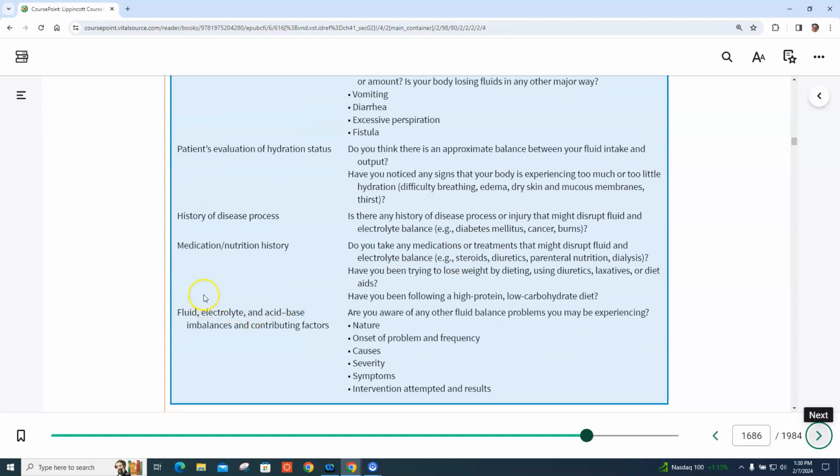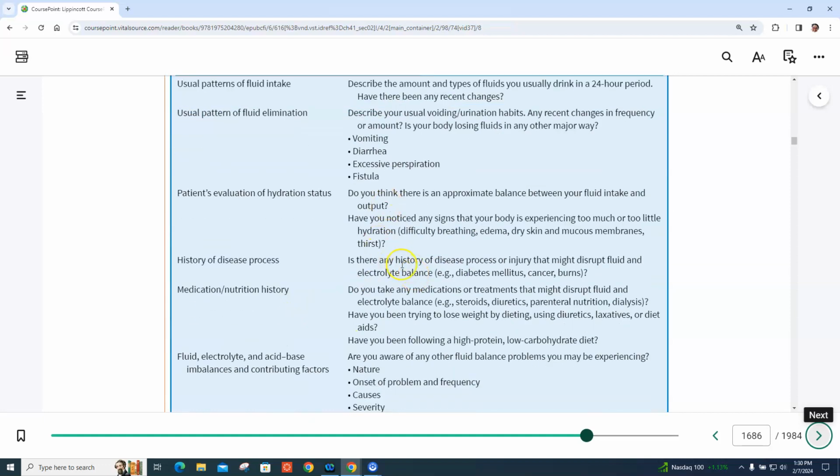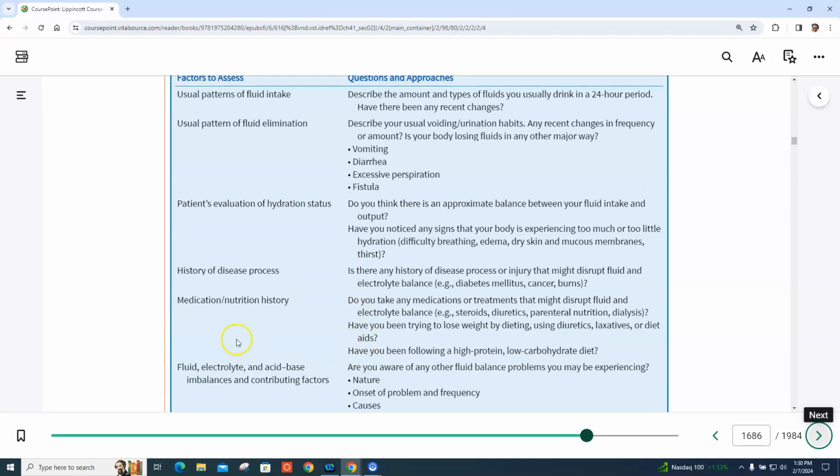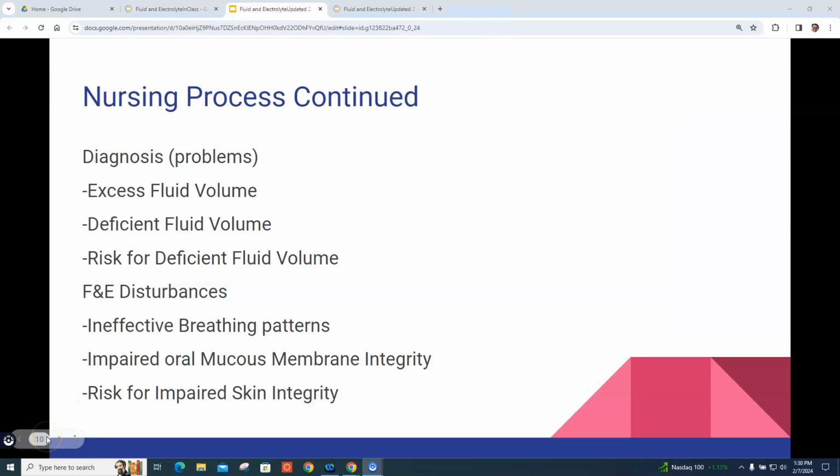Like, does the patient eat a lot of canned processed foods? That's going to tell us why they have hypernatremia, things like that. We want to ask these questions to ensure we are focusing the assessment part on fluid and electrolyte status. We will definitely go more in depth with the nursing process and your fluid and electrolyte type patients, but here